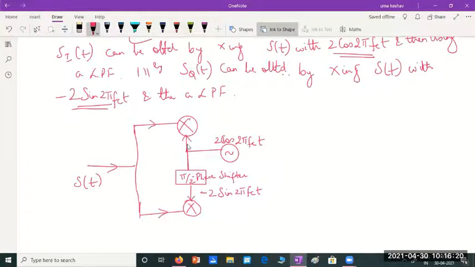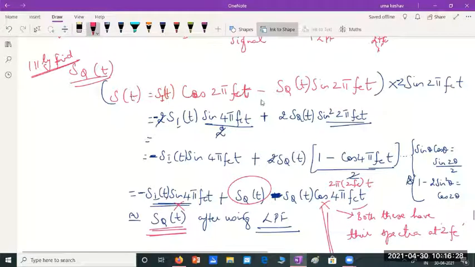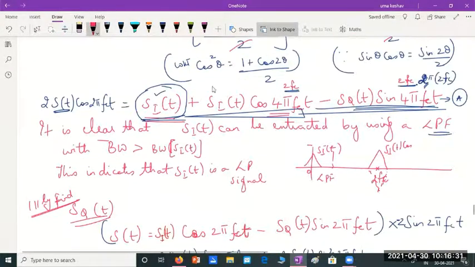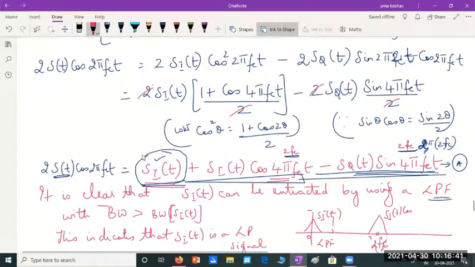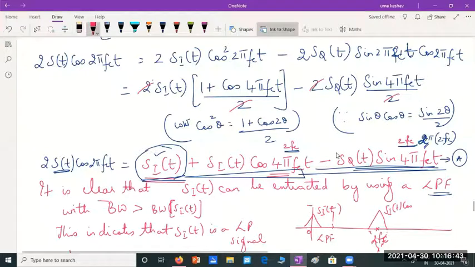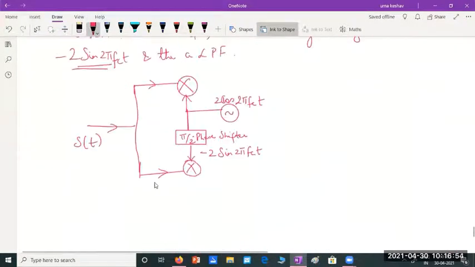S of t gets multiplied with 2 cos 2 pi fct in the first step. That's what we did here. We did S of t multiplied with 2 cos 2 pi fct. This equation, we multiplied S of t with 2 cos 2 pi fct and we got all these terms after multiplication. But if I use a low pass filter, I'll be taking out only the in phase component Si of t. So what I'll do, I'll send this